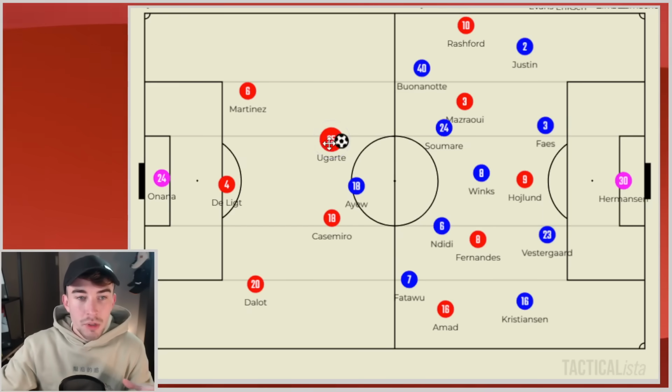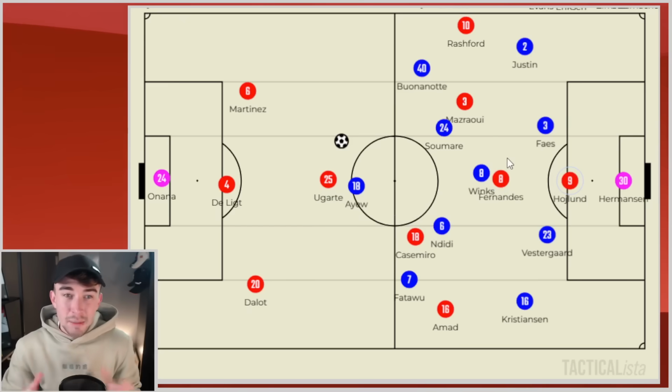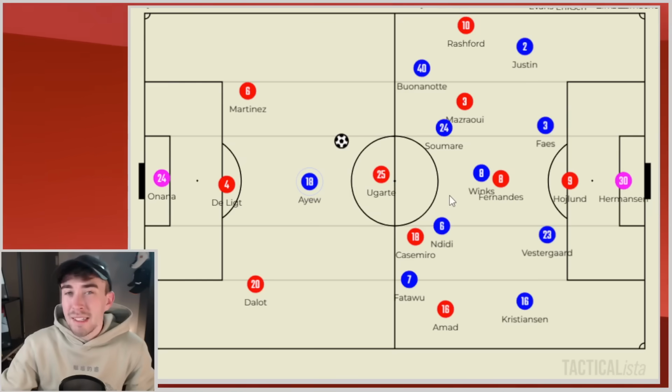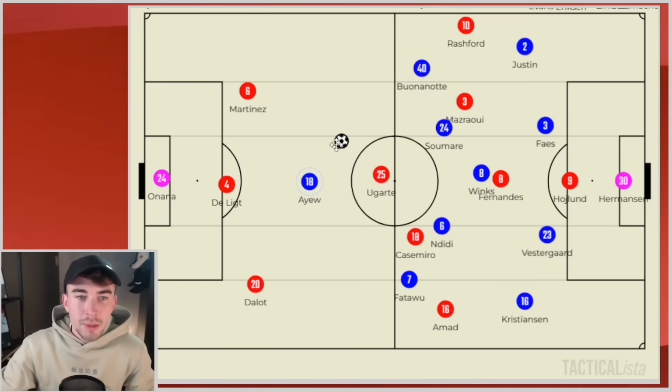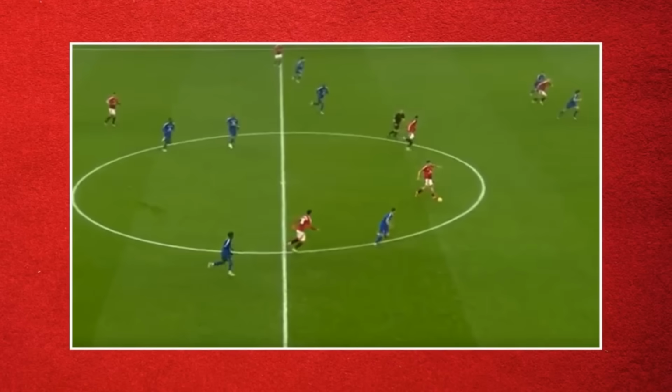There were also situations where it could actually turn into a diamond. Ugarte would hold as the deepest position, Casemiro would move a little bit higher, and Bruno Fernandes would move into the 10. Again, the key here is that Manchester United essentially had four midfielders, and Leicester City often only had three. So in situations where United were patient on the ball, could draw Leicester out, United often had the spare man,